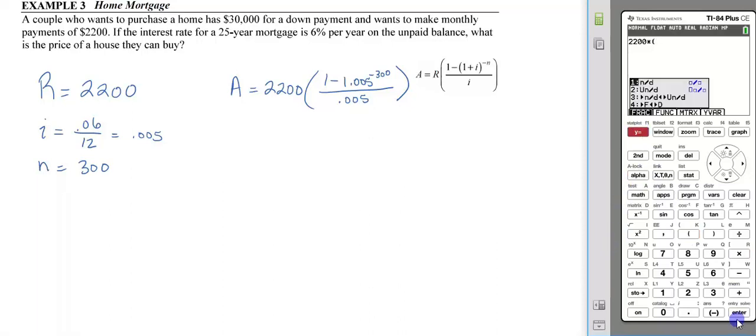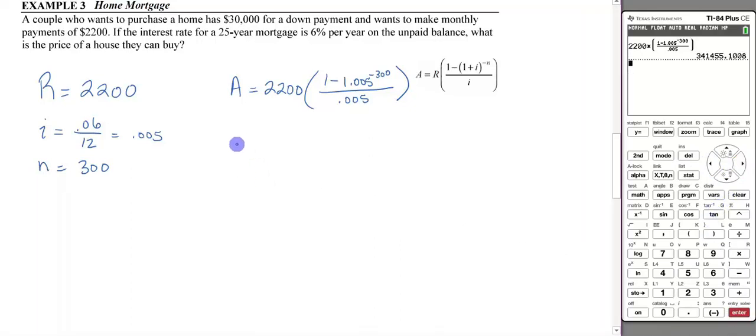Let's use our fraction template. 1 minus 1.005 to the negative 300, and that's all over 0.005, close parentheses, and